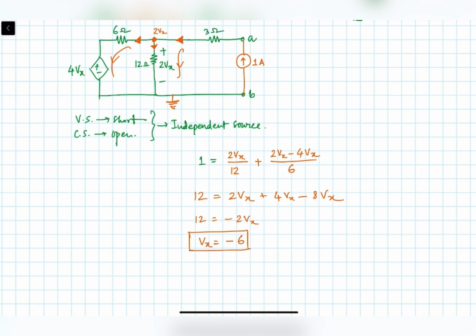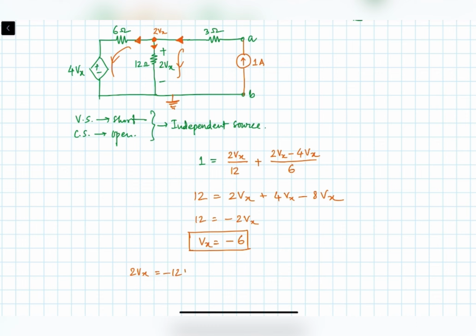Now Vx is equal to minus 6. We have to find Vth, which we can get from the voltage across the current source. So the voltage across the current source will be, see this point, the point we took, that is 2Vx. So at that point the voltage is